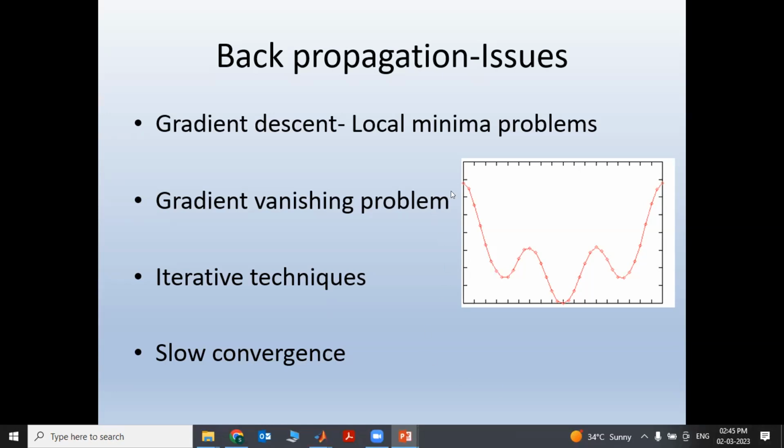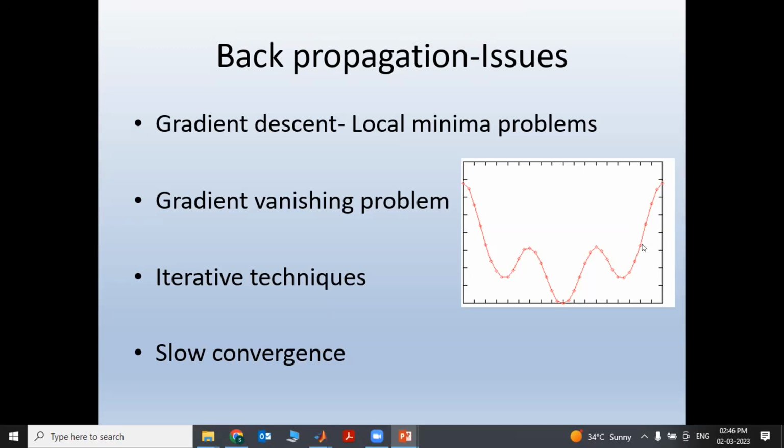This is an error curve associated with one example. You can see this error curve has multiple minima. This is one minima, this is another minima, and this is another. There is only one global minima; the remaining are local minima. Since we are training the network based on gradient descent, there is a chance that the network can get trapped in a local minima rather than the global minima, depending upon the selection of the initial parameters.